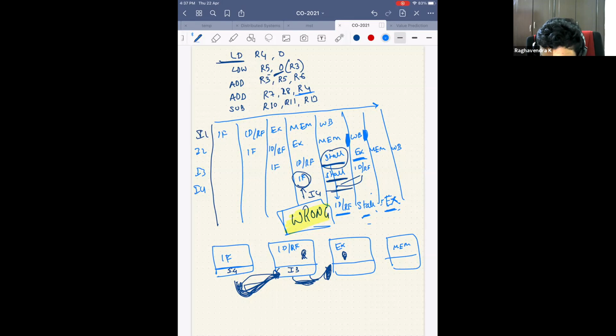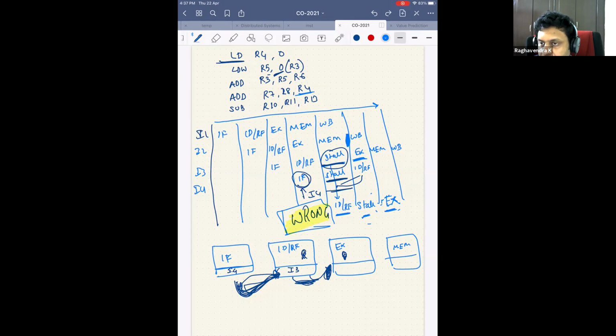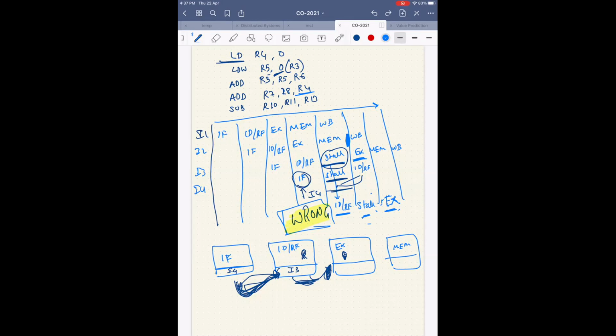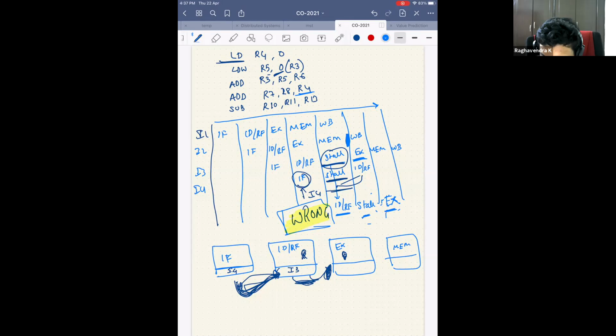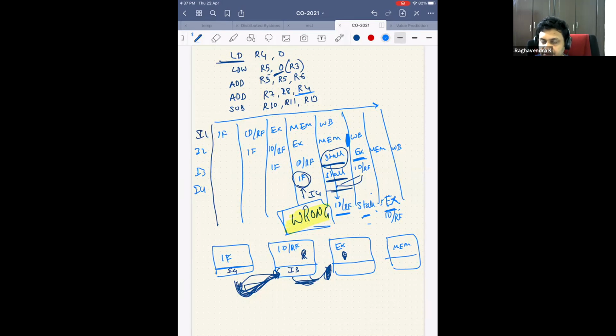Sir, there is no latch after write back, right? Yes, he has to get it directly from the register. That's what I told you. Sir, but again, you should do IDRF, right? Yes, I have to do IDRF. But how will it know that it will be waiting? There will be something written above, so we can wait for that. Generally there's such a thing. Such a thing does exist.